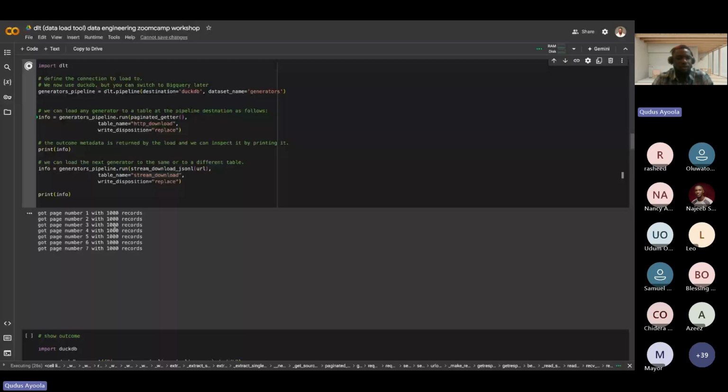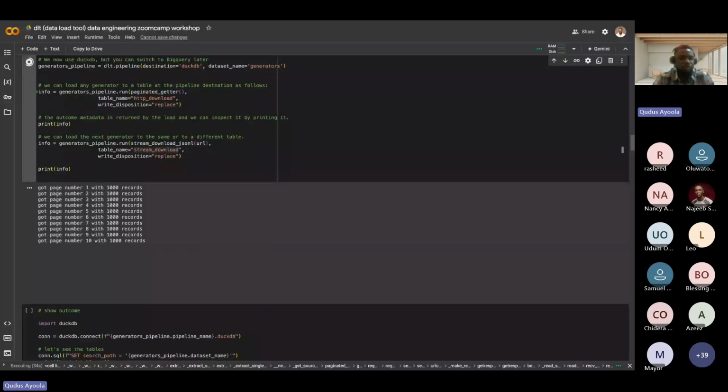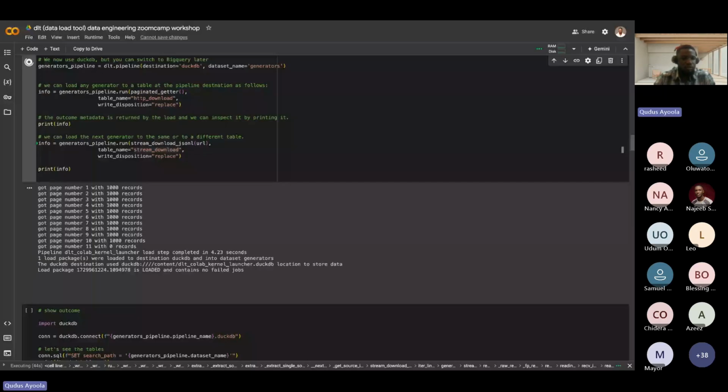So this is an alternative to just bulk loading your data. You can extract your data in micro batches, which means you can be fetching probably 1,000 records every 5 minutes when you are working with a very large source dataset. So it's finished running.